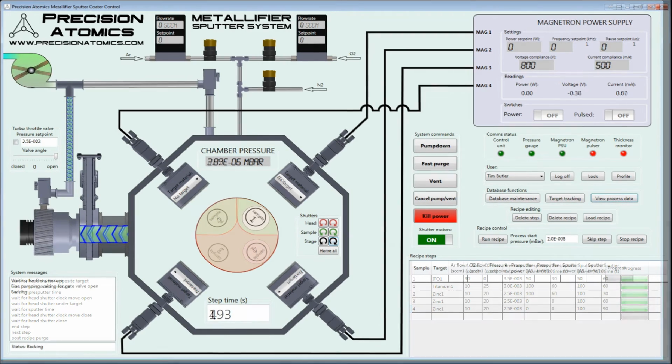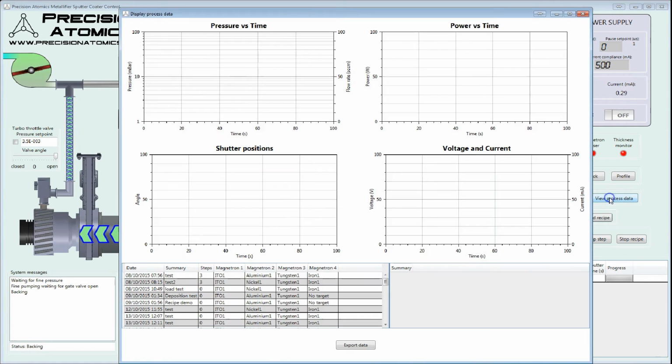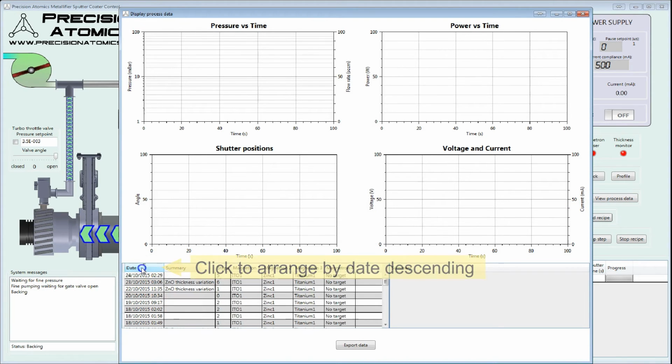Each operator can view process data for any of the recipes which they have run by clicking the View Process Data button. This brings up a list of all recipes run by the operator currently logged into the system in a grid. The grid on the right holds a short summary of each step in the recipe, and graphs display